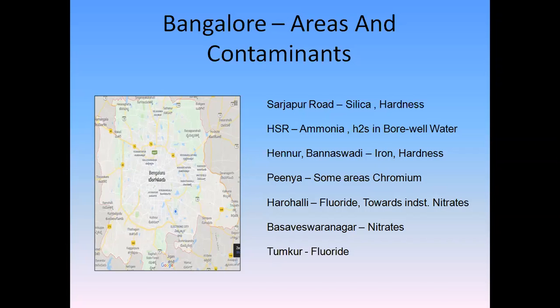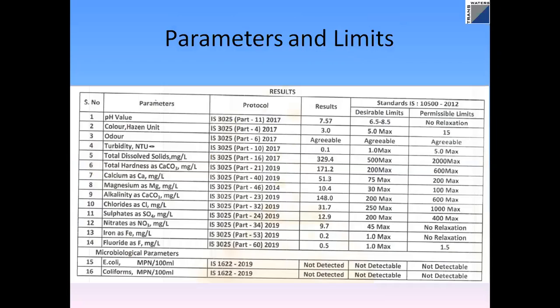So we'll see the next category, which is these are all the water reports. When you get a water tested, the water report will generally have these parameters. So this is called a potability test. They will give all these 16 parameters. Of these, 14 parameters are chemical parameters and 2 parameters are biological parameters.